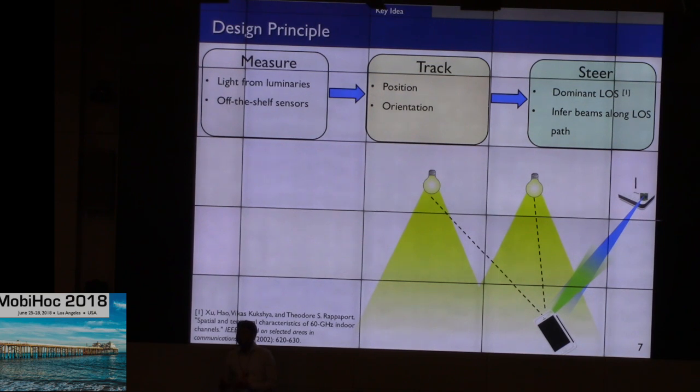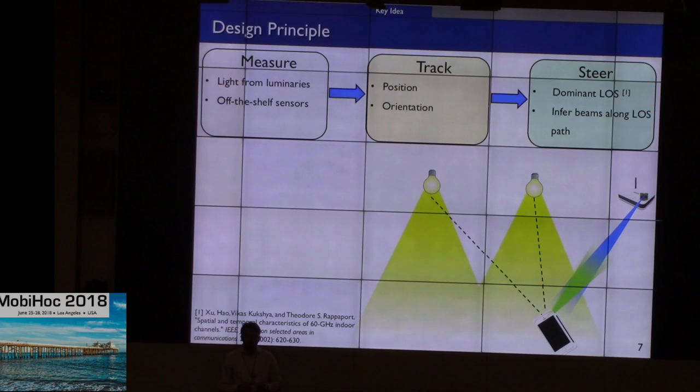And for this beam steering, the key idea here is to exploit the dominant line of sight propagation of 60 GHz networks. That is because of the very highly directional nature of the links, as well as the underlying sparsity in the 60 GHz channels, which has been shown in a lot of prior works and channel measurement studies. 60 GHz links have a dominant line of sight propagation, which means the physical line of sight path is usually the dominant channel component